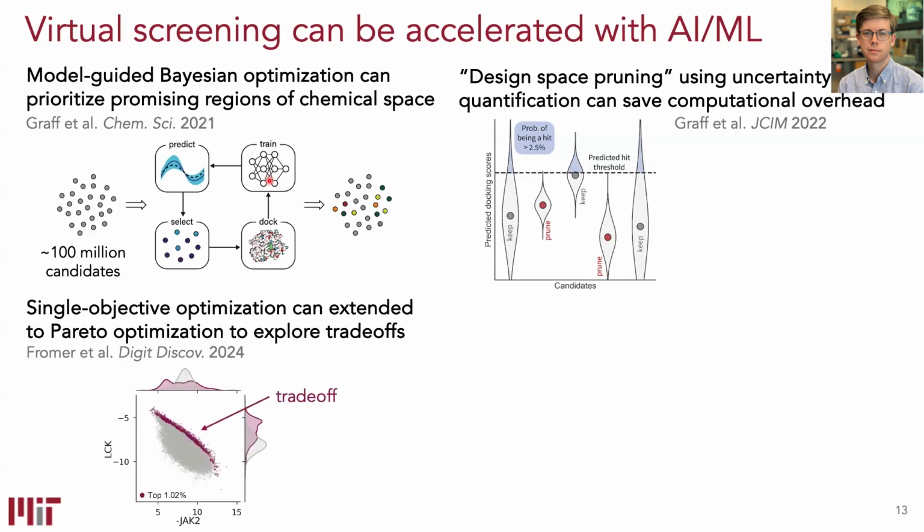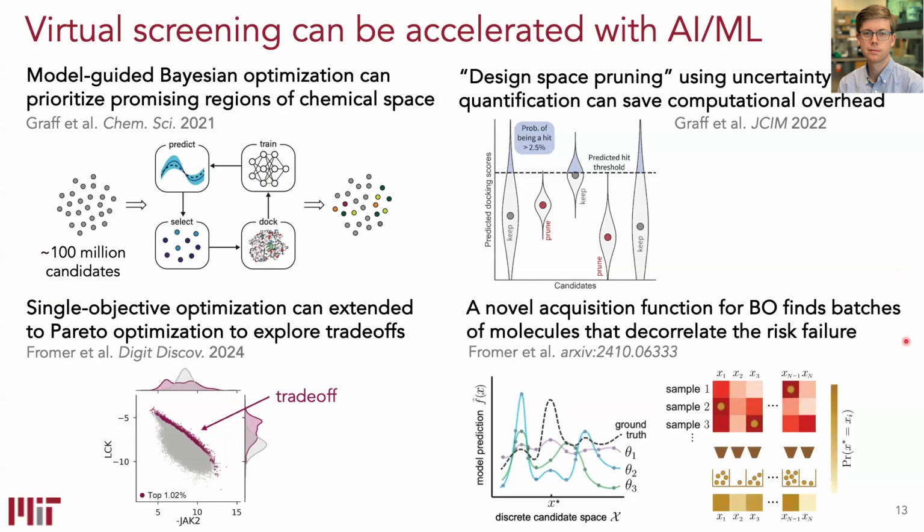You can extend this quite easily to multi-objective optimization. So we can do Pareto optimizations if you have multiple properties of interest, as we often do in molecular design. And recently we've been working on different sorts of acquisition functions in this Bayesian optimization context that try to mitigate this risk that you do this virtual screen or this evaluation, you pick molecules to test, and they all fail. That can happen, right? You use your imperfect simulations to select molecules to test and they might all fail. And so we think about building acquisition functions that diversify that selection on the basis of model uncertainty. And so happy to talk more about that later if folks are interested.